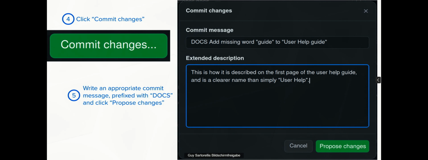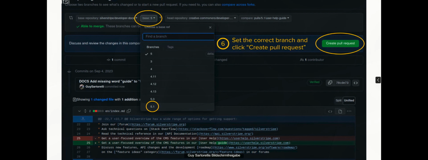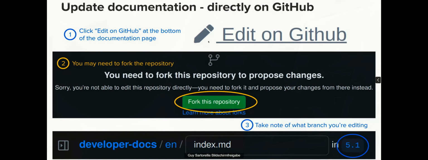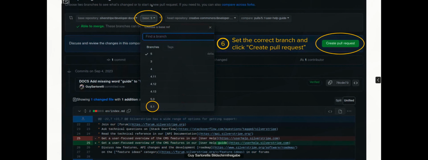Then you'll come to a screen that looks a bit like this. You get a last chance to double check that you don't have any typos. And this is where that branch that I mentioned earlier comes into play. It will start off in the default branch, but as we noticed before, 5.1 was the branch that we wanted to make the change for. So we just need to make sure that we are changing the correct branch there, and then click Create Pull